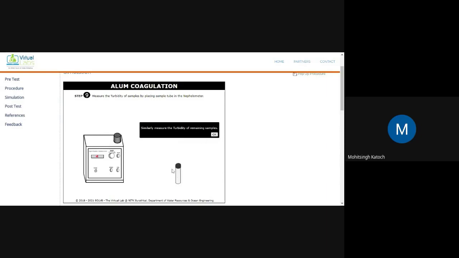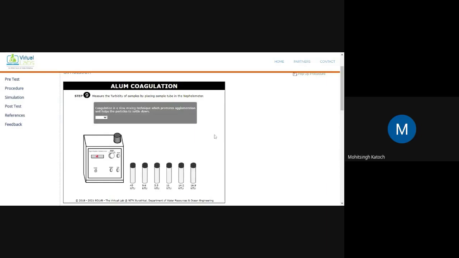We will perform this procedure for the rest of the tubes and we will measure the amount of turbidity in each sample. So here you can see that tube number 1 has a turbidity of 45 NTU. Here 0 ml coagulant was added, hence no coagulation process took place and hence the turbidity is maximum in tube number 1. In tube number 2, where 1 ml coagulant was added, the turbidity has reduced from 45 NTU to 9.6 NTU. In tube number 3, it has further reduced to 5.5 NTU.